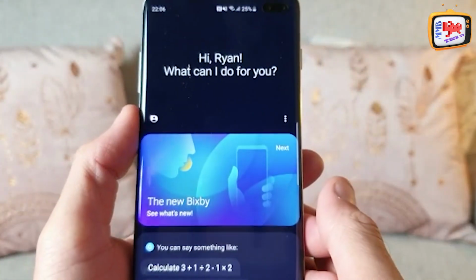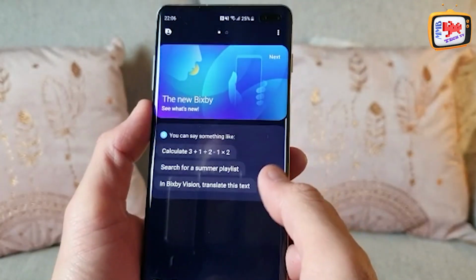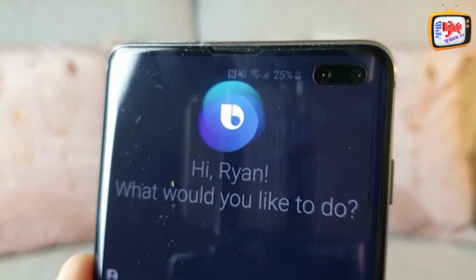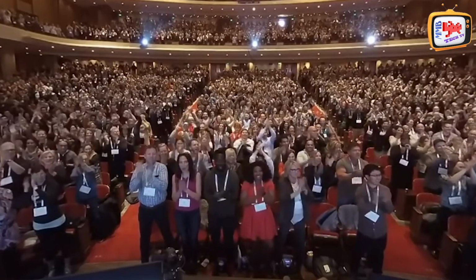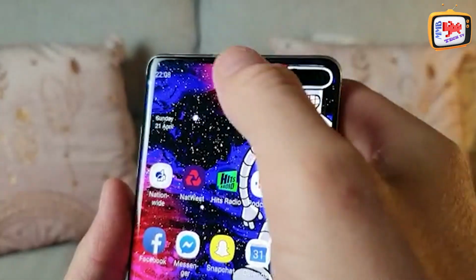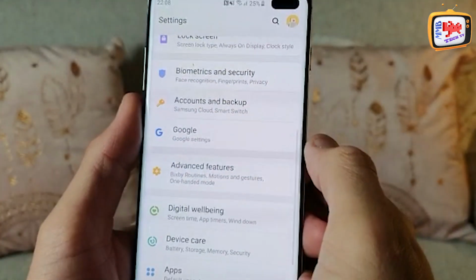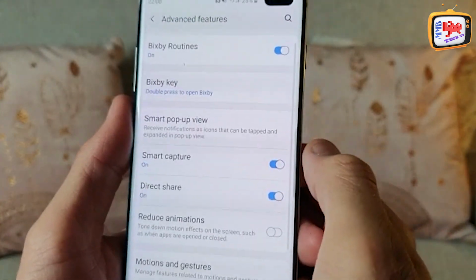So pressing it once reveals the Bixby button. By long holding it, it brings up Bixby Voice. But the good news is that you can remap the Bixby button. Hooray! So to do this, you go to the settings, scroll down to advanced features, click on Bixby key, so